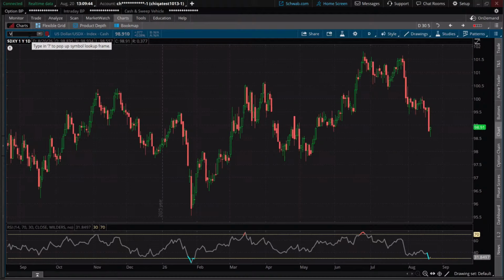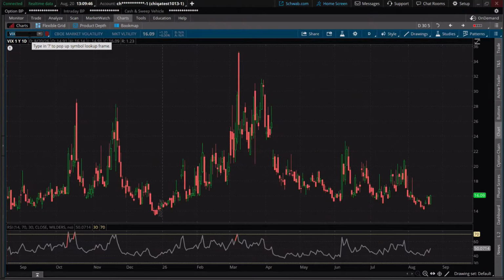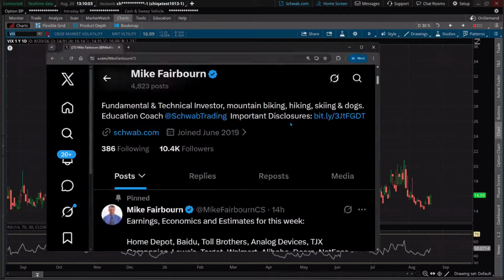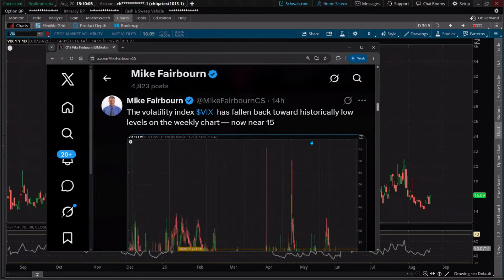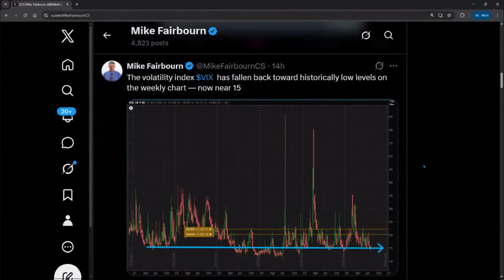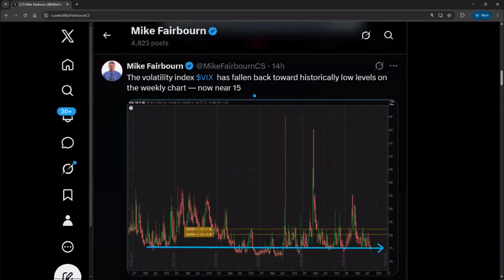And then lastly, the VIX. The VIX dipping, and the VIX is up. But if the VIX dips, well, that could be something to be mindful of too. It is actually at 10-year low levels. This was the post I'd sent out last night on it, right there. Yeah, the volatility index right there. And I just mentioned here, it's at historically low levels. This is actually a 10-year weekly chart.